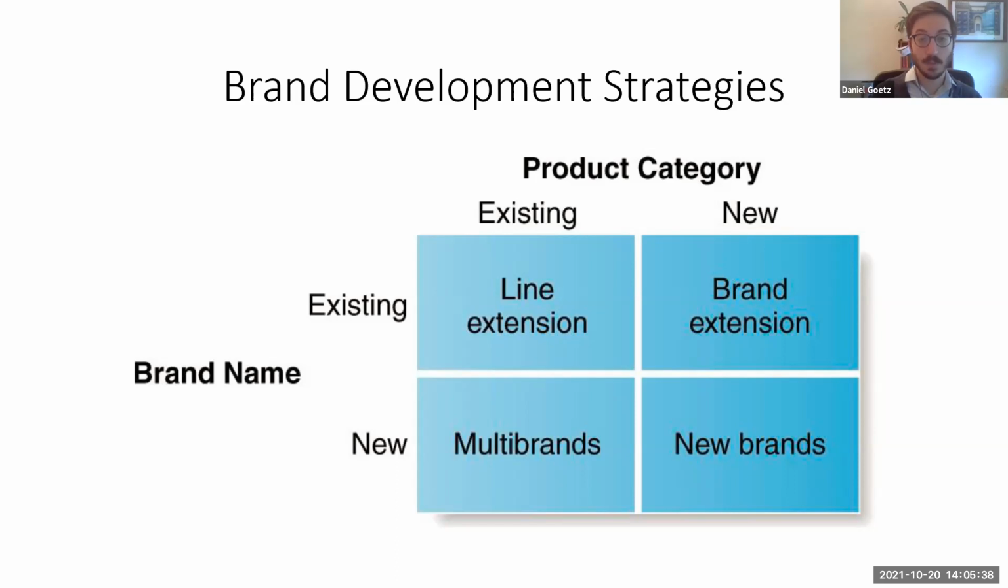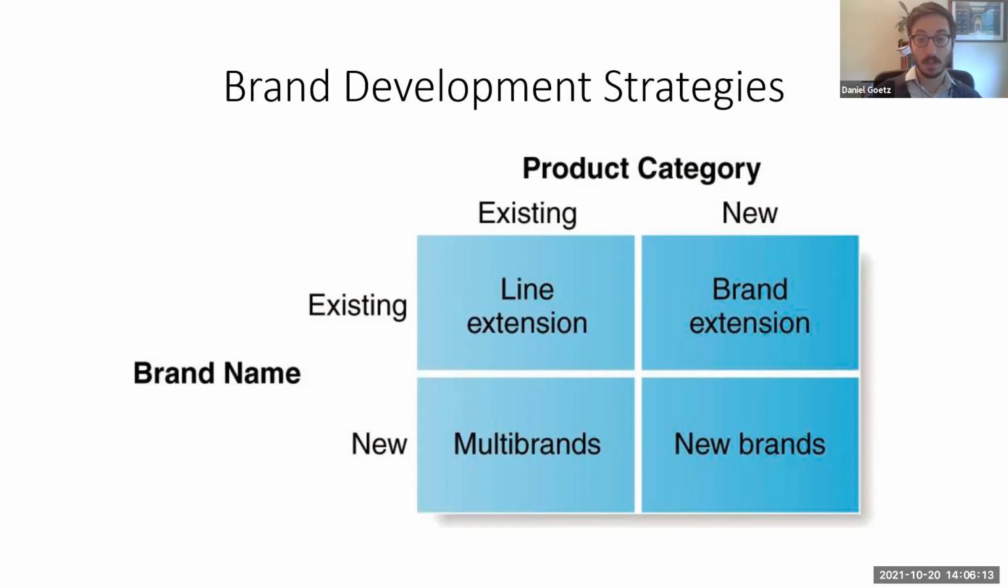If it's an existing product that our company already makes, and it has an existing brand name, this would be a line extension. If it's a new category, but with an existing brand name, it would be a brand extension. If it's a product category that we already serve, but it's new in terms of the brand, that would be a multi-brand. And if it's a totally new product with a new brand name, that would be just new brands, okay? We see all 4 different